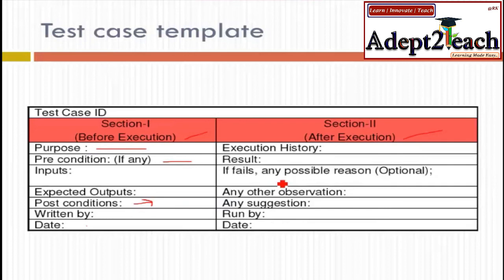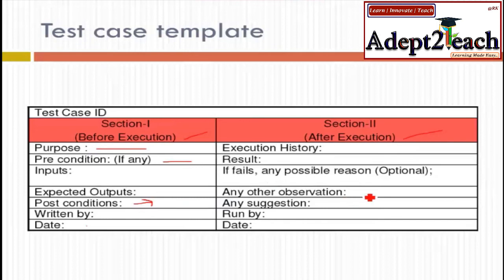Sometimes you might know the reason if you have worked as a developer and now you're working as a tester. So you have an inclination towards both the cases. You know why this particular test case would have failed. But if you are just a tester, you have no prior knowledge of development, then you might not be able to write what is the exact problem.